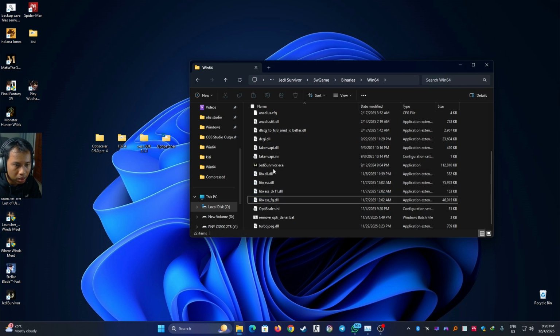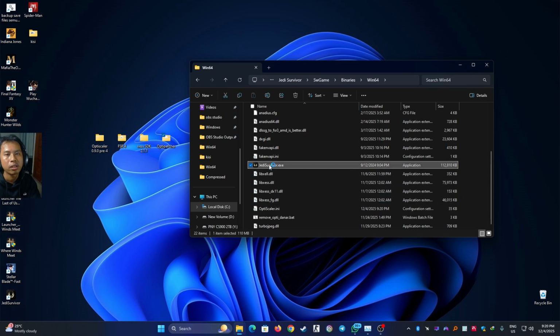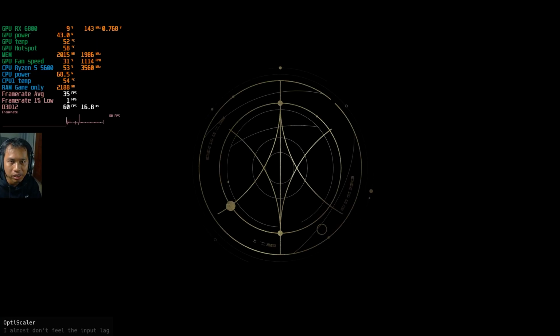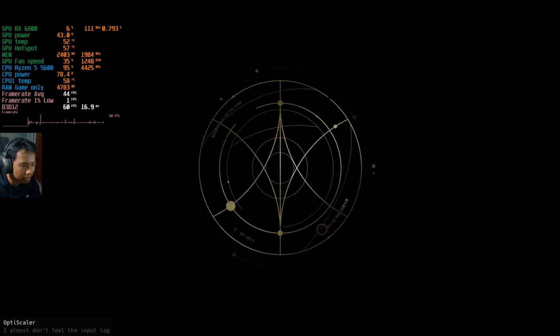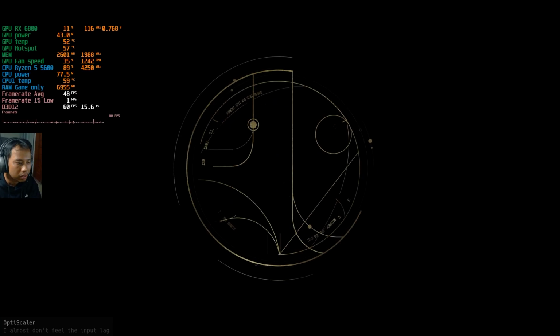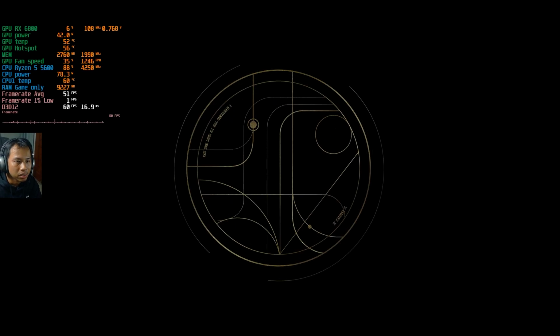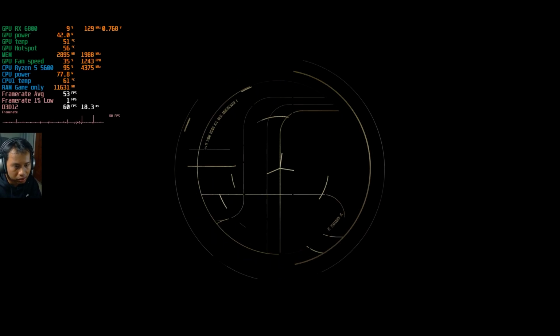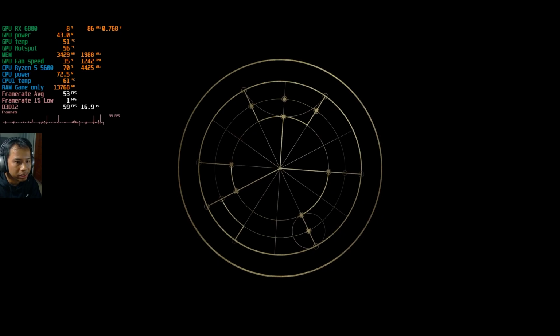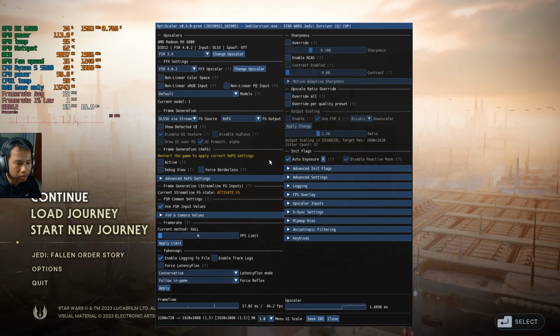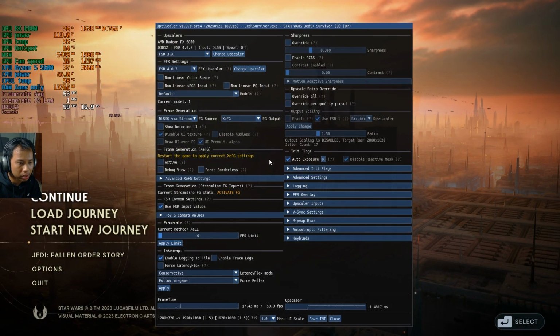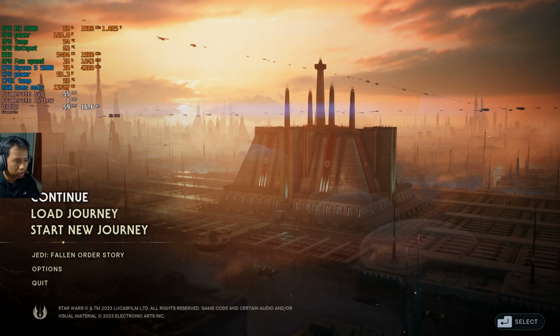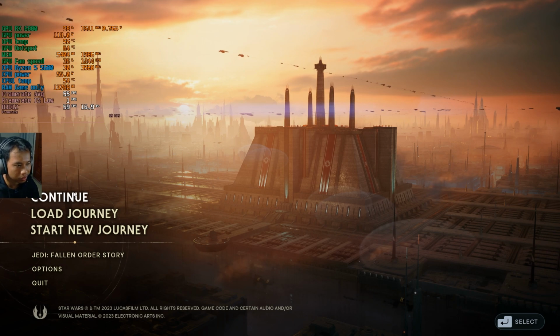Now we're going to launch the game to check whether it's working or not. Alright, you can see in the bottom left corner there is the text OptiScaler, meaning that the software OptiScaler is successfully installed, and we can press the insert key when we are in the game. Alright, so this is the OptiScaler window, and it has already activated FSR 4.0.2. I'm going to click on continue.